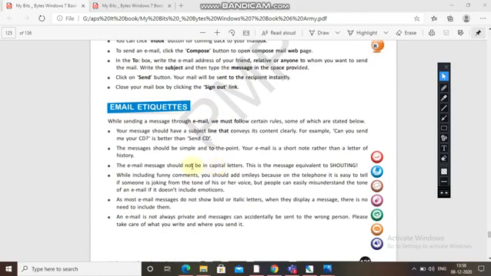Now, email etiquettes. While sending a message through email, we must follow certain rules, some of which are stated below. What are the rules? First one, your message should have a subject line that conveys its contents clearly.